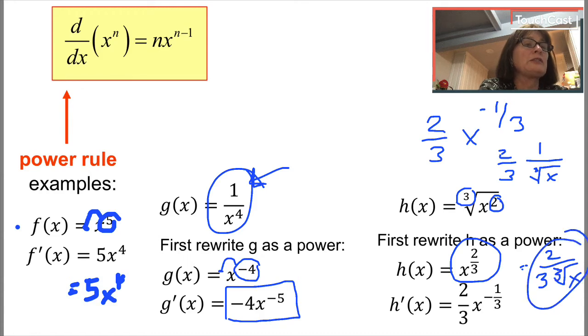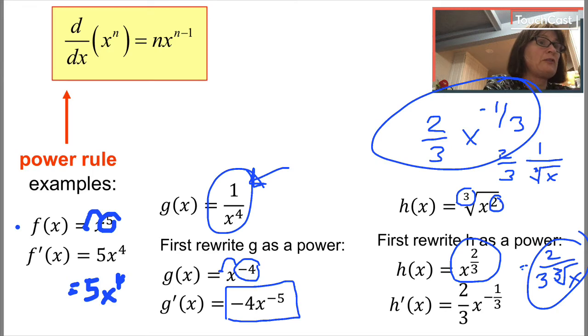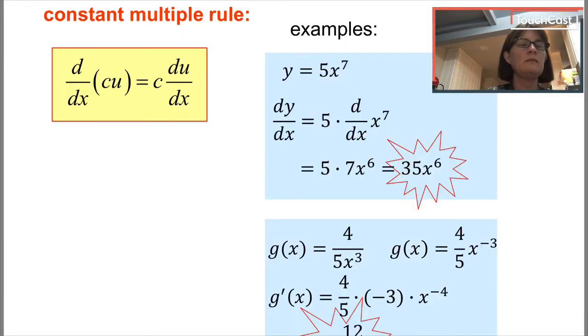This is a multiple choice answer. This is totally fine on the free response section. Look at this next problem. I have a new function y equals 5 times x to the 7th. Well, if that were just plain old boring x to the 7th, I could use the power rule and I would be happy and there'd be no problem. So we need to know that this 5 here